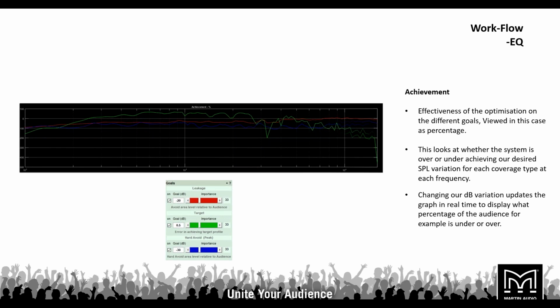This is a tool that will show you what your optimization is doing. How do I explain this? This will show you how you can effectively achieve the goals that you propose to. So in this instance, I can tell you right now that hard avoid and non-audience can easily be achieved in